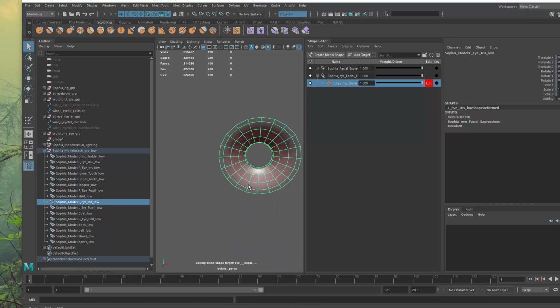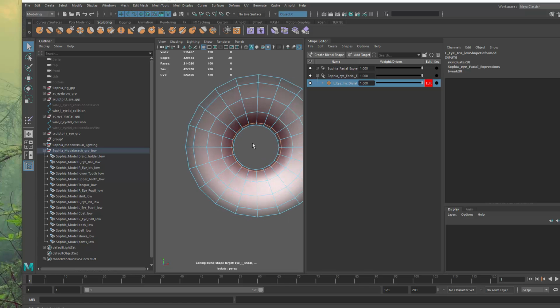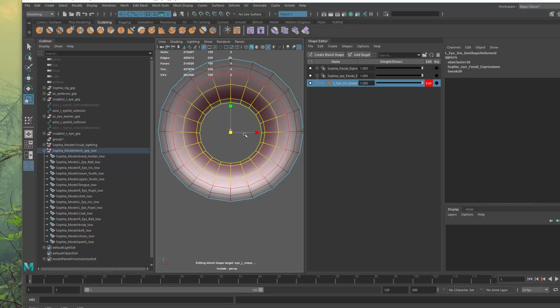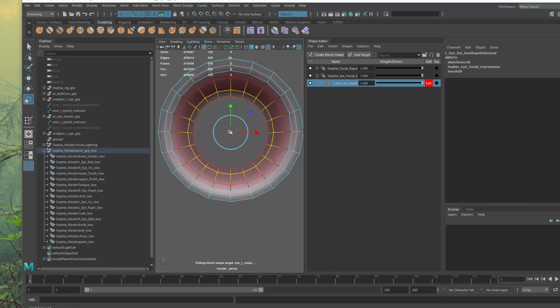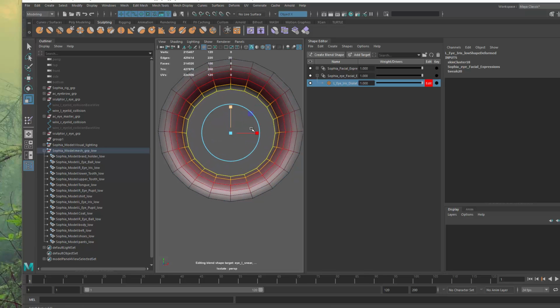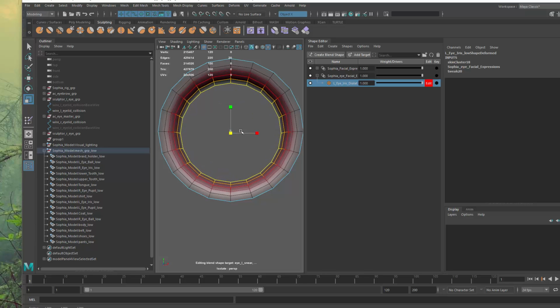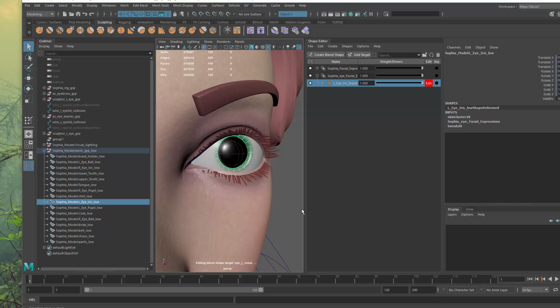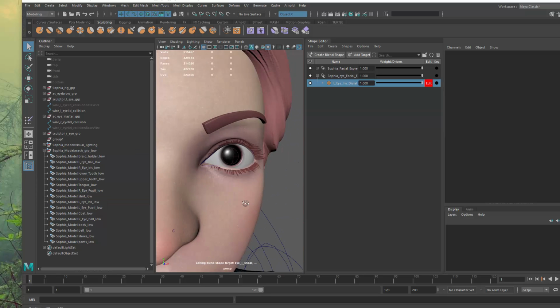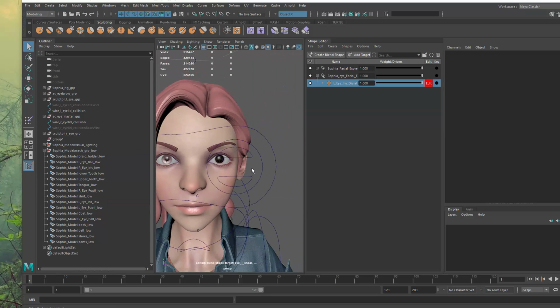And for this guy, what I'm going to do here is just grab this edge loop and use a fairly big soft selection and just make it go bigger. I can make the falloff a little bit smaller so I can actually shrink a lot of things inwards. And that should be big enough. So now if you look at it, it's like dilating, right? And I need something to control this,